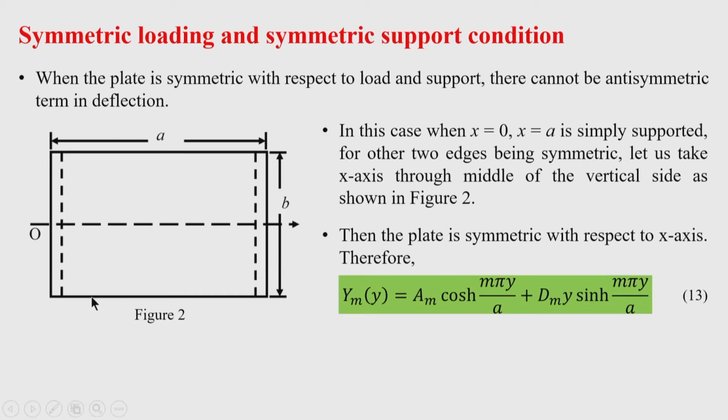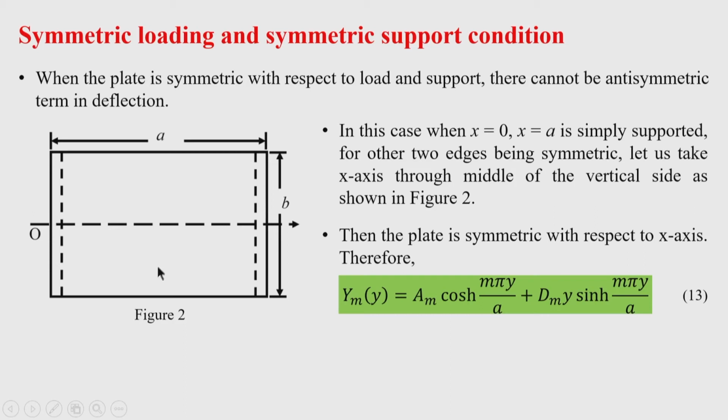For example, a slab culvert, you have seen the slab culvert, okay, or slab bridge. A slab bridge is also there for small span, only the slab is resting on the abutment. So, in that case you can see that these are the abutment supports. So, it is supporting the slab on the two opposite edges just like a simple support, and the other two edges are free if there is no stiffening beam or girder. So, these two edges are free. So, this condition may also represent a slab bridge supported by abutment at the two ends.